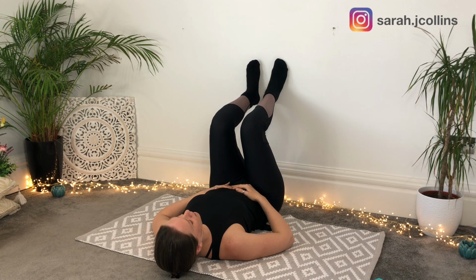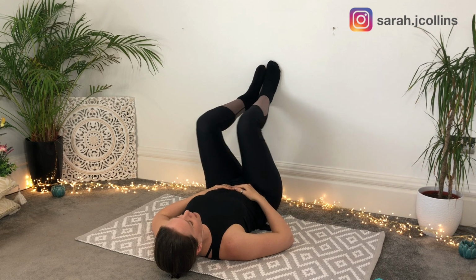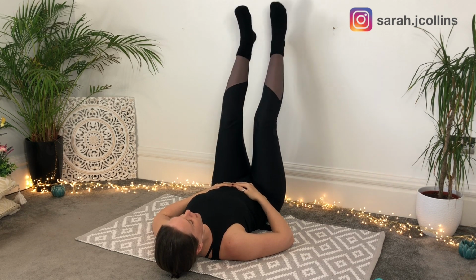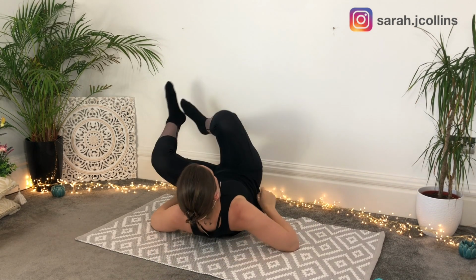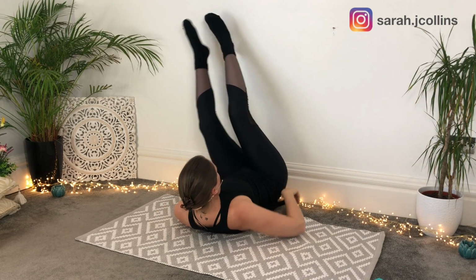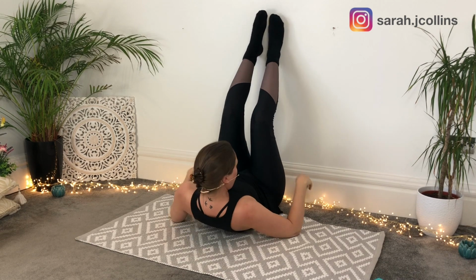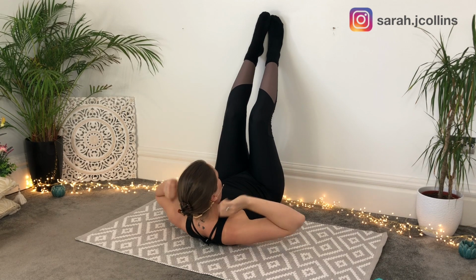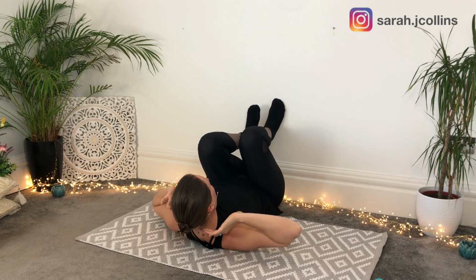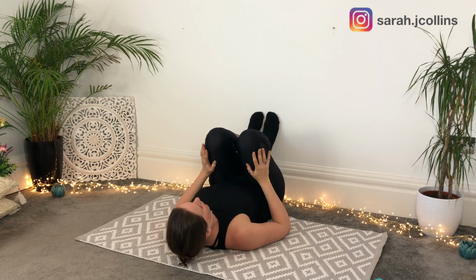Taking your foot back to the wall. Maybe you want to rock your knees from side to side a few times, or you want to stretch your legs up. And we're going to shuffle closer again to the wall. Leave a little bit of a gap, 2 or 3 inches gap between sitting bones and the wall. Take your feet as far down as they will go, so the heels come to the backs of the thighs,